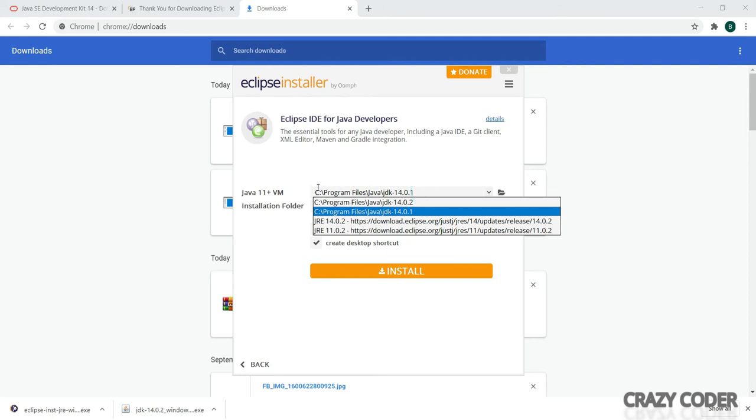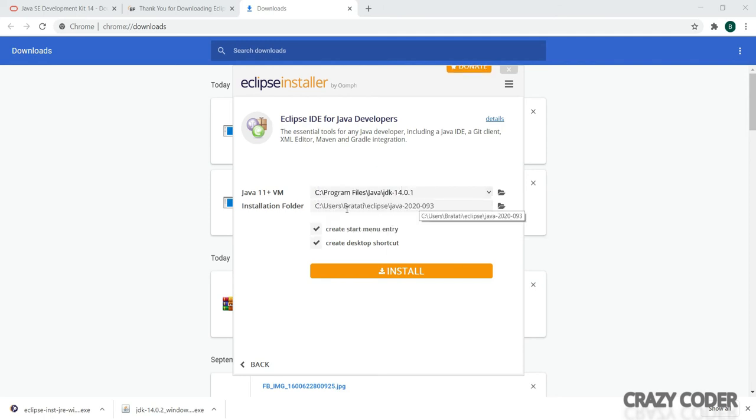Okay, so you can change the path. Actually, if you want to, you can browse over here, and if you want, you can keep the path same. Okay, so this is not actually for the workspace, this is for where the Eclipse will be installed. The workspace thing will come later. So here I will keep those check boxes checked because I want to start from the start menu, and I want the shortcut icon to be there on my desktop. So now I will click on install,